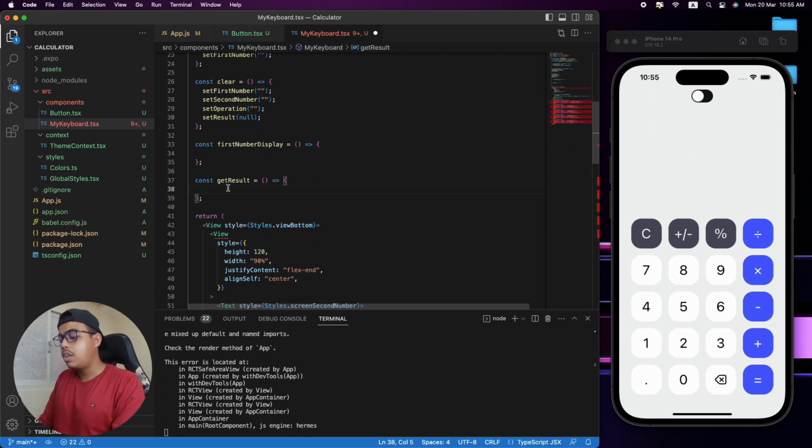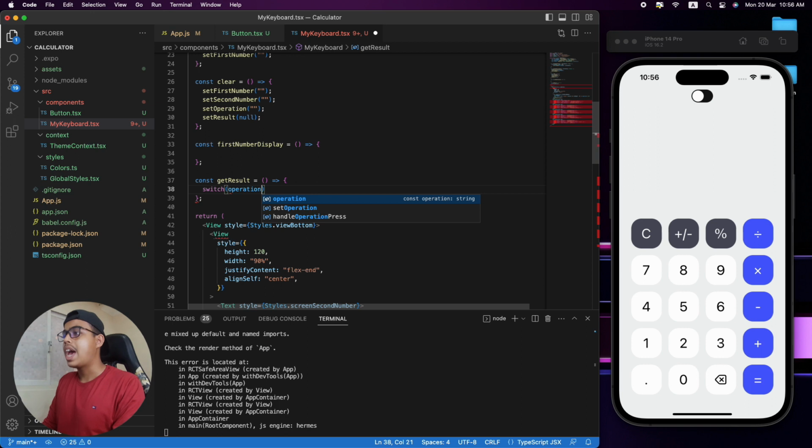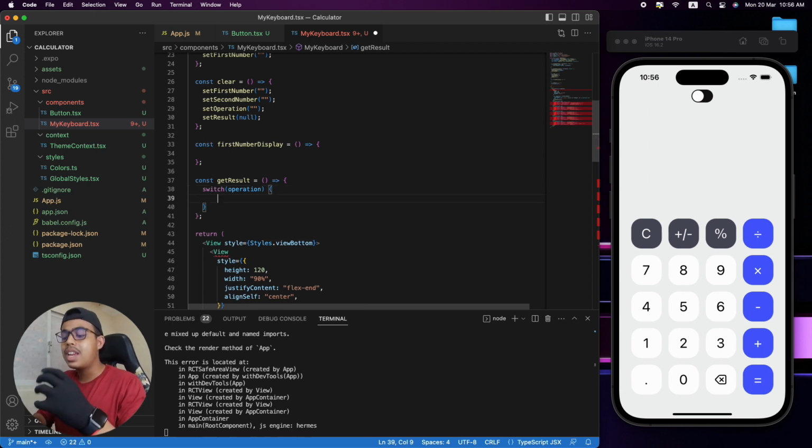Over in this get result, we are going to create a switch statement which is going to take an operation in it. We're going to switch between operations, and if the case is this, what we're going to do. If the user presses plus, we're going to add that first number with our second number. All of these things are going to be defined in our switch case statement in our get result function. So coming over here in my switch statement, we're going to be having a case. If the case, the operator is